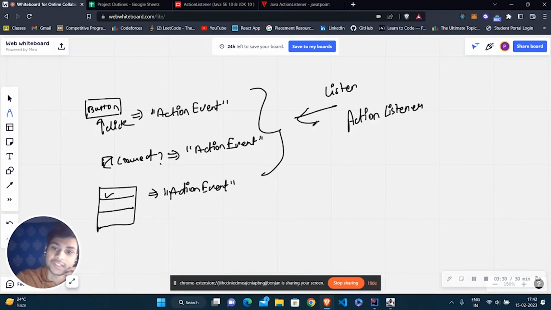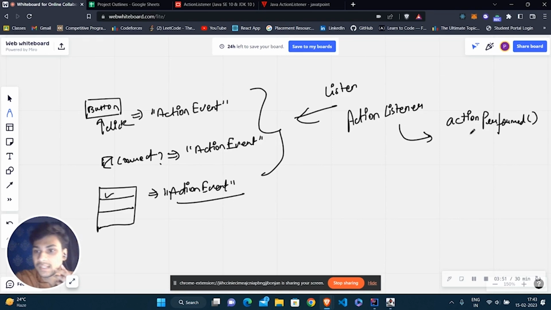We create an action listener, and it listens to all of the action events, and according to the action event, it performs an action. So there's a method inside the ActionListener, which is actionPerformed.